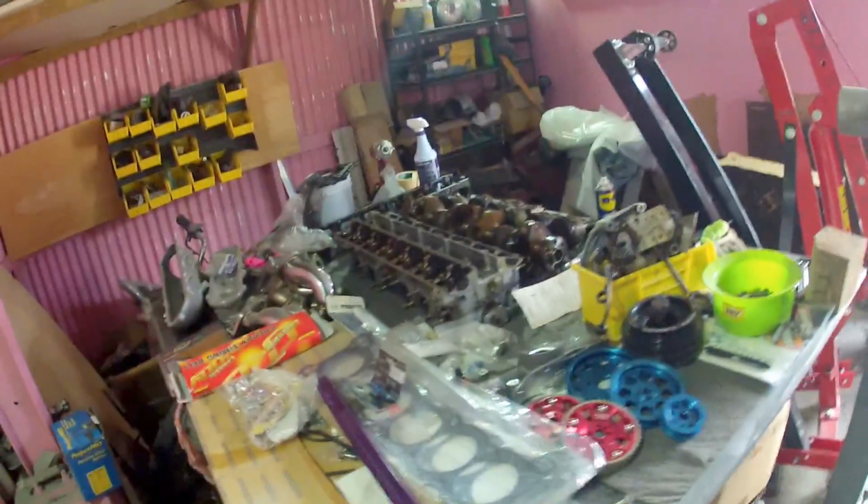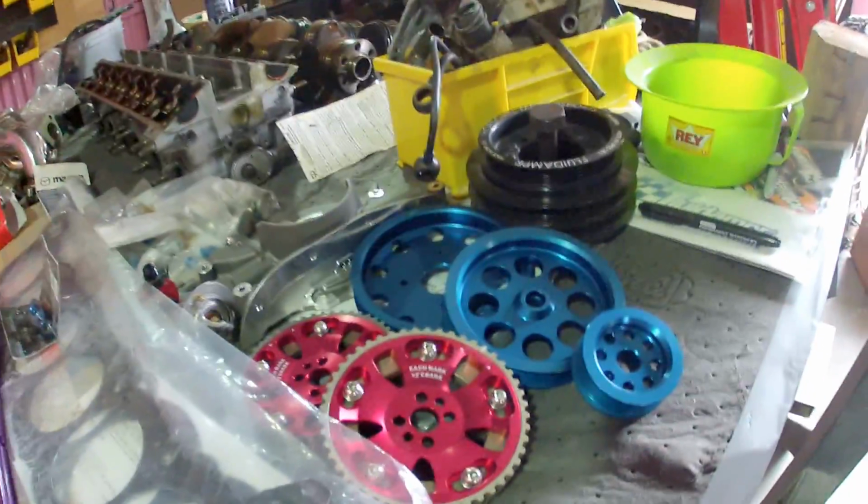Of course, for the power, we had to upgrade the differential, which I don't have here, but we just got in an OS Giken LSD. That should be able to give us some nice power to the ground. Somewhere here,